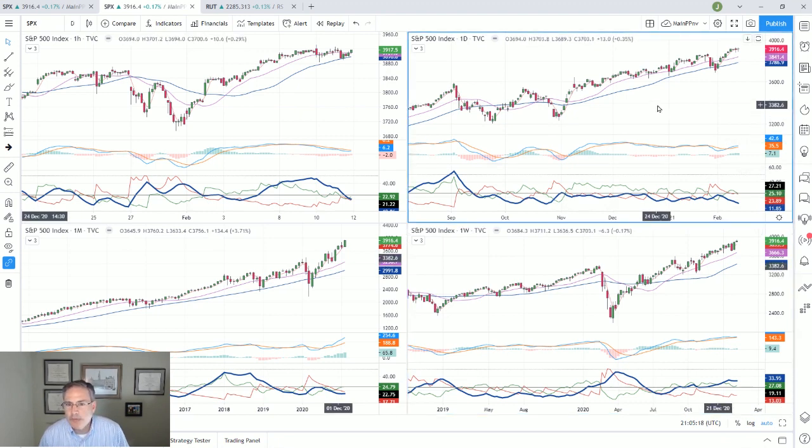When I look at the daily price chart, this is something that I thought was interesting and worth talking about. We haven't had confirmation on a momentum basis using the indicators. But what we have had, and something that I should have been pointing out along the way, and part of the reason why I said last week that I wasn't looking for any kind of crazy drop, is that the 18 is still above the 40 and both lines are rising. We haven't had any kind of a real rollover on this time frame yet.